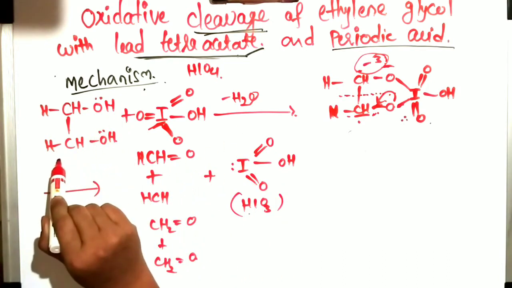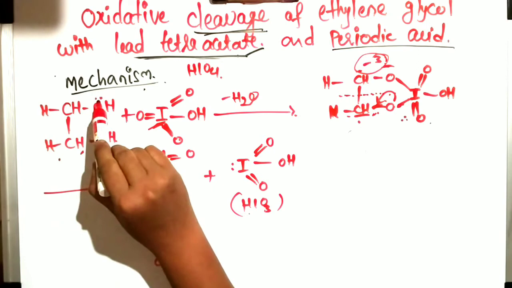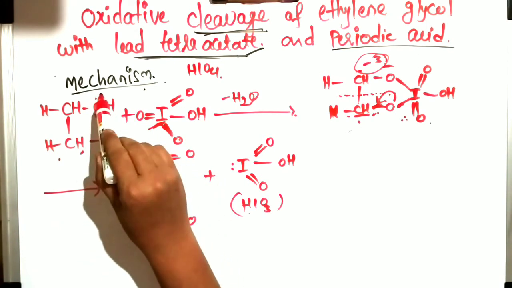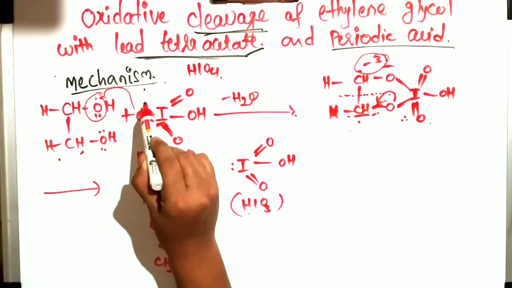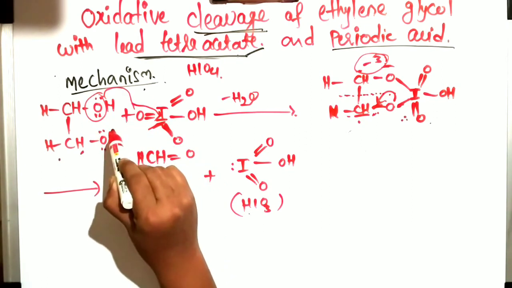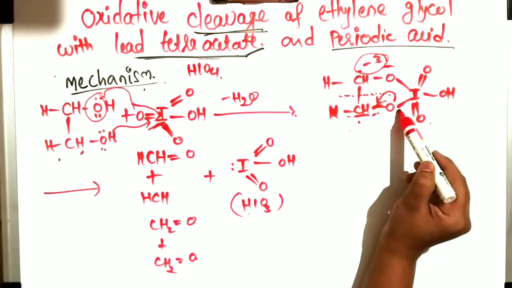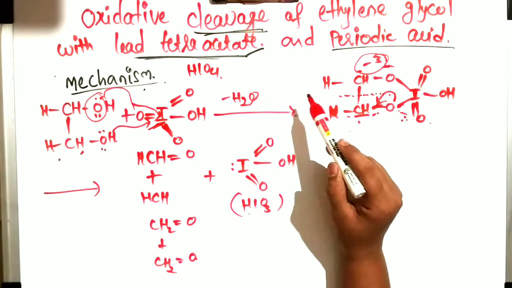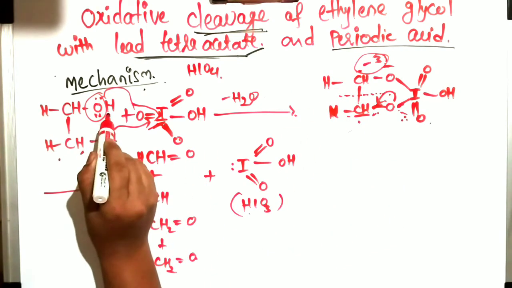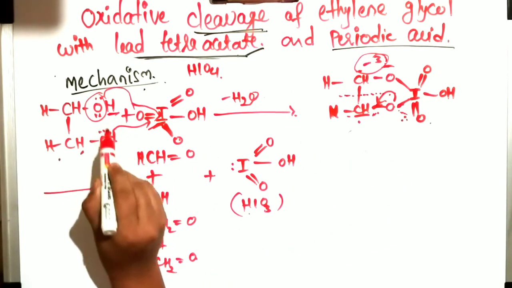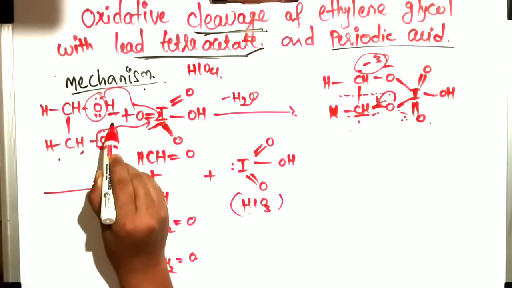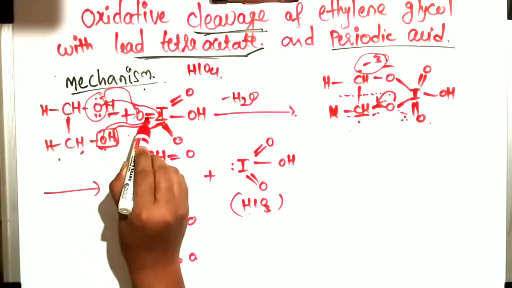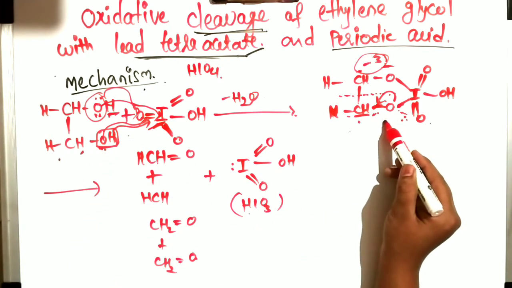Initially we had ethylene glycol. Oxygen has two lone pairs. This lone pair oxygen will attach to the I group over here. We can see these steps. The elimination of water will take place. Which hydrogen will go here? This hydrogen and this OH group form H2O, and this attaches here, and this attaches over here. That step is over here.